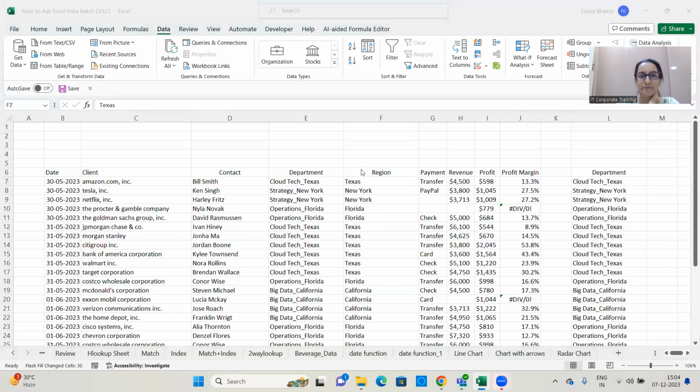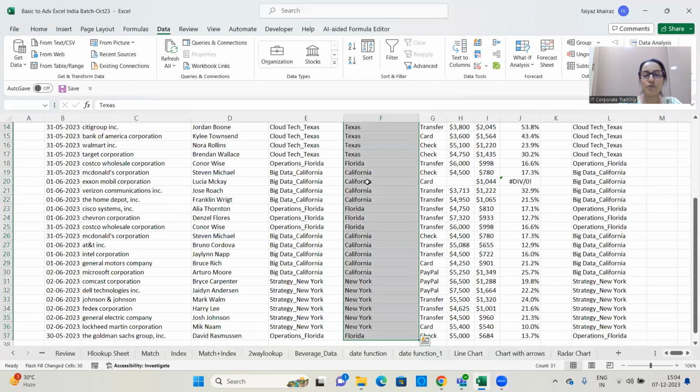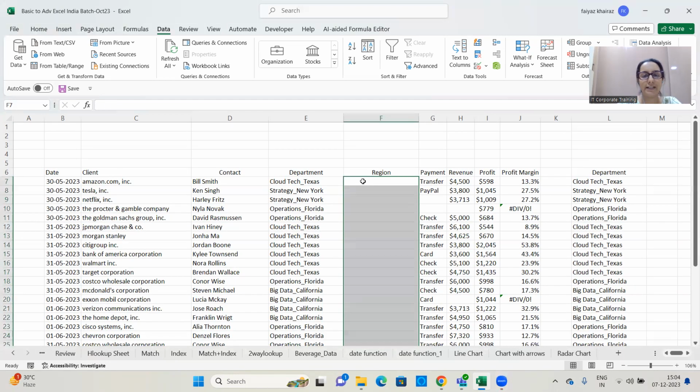Sure, I'll show it to you again. Control Shift and down to select the whole data and hit delete. Flash fill, as I said, is not a function or a formula. It is not based on cell reference. It is based on patterns in the data set, and it always gives you the answer right next to the